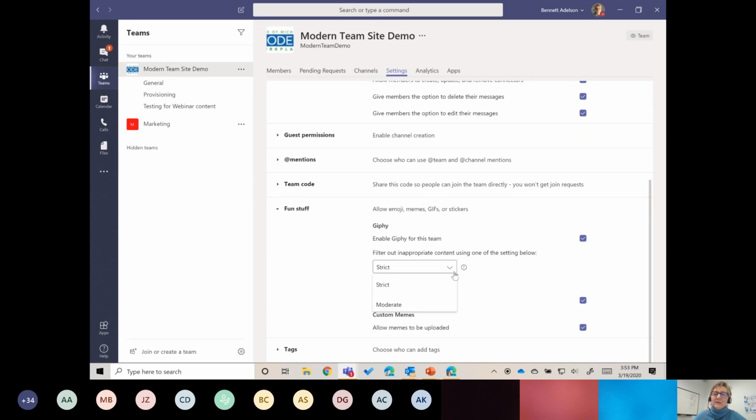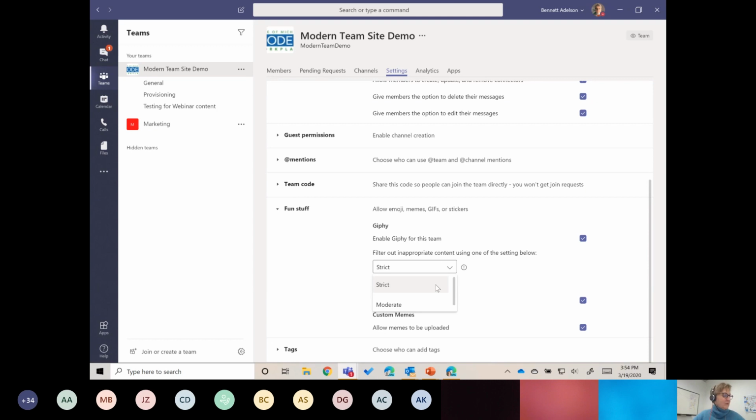So you can enable them or disable them. You can also choose the kind of content that's available in the GIFs. You can make it a little bit more business-like. The moderate ones are like PG-13, while the strict ones are G rating in terms of a movie rating.